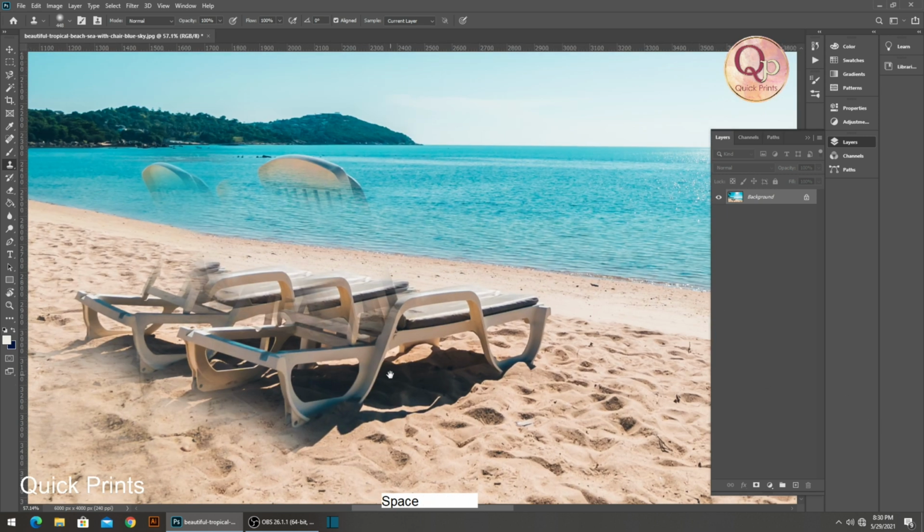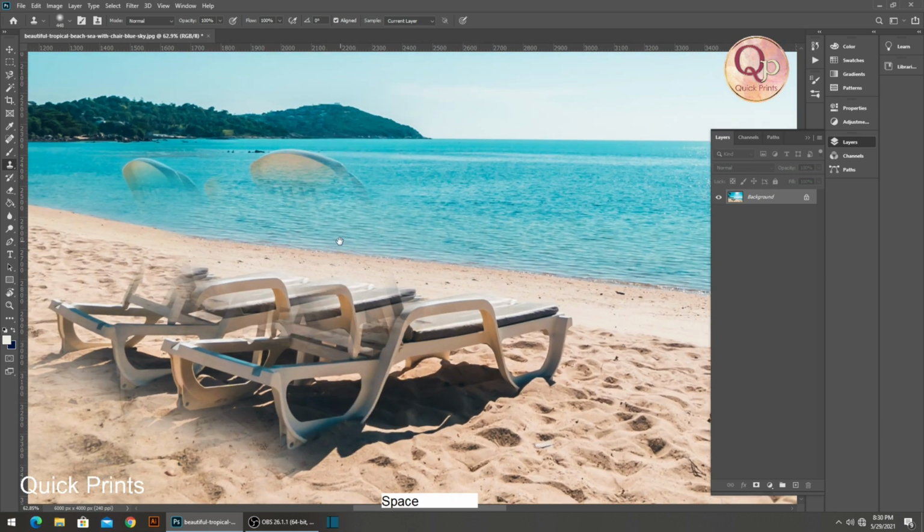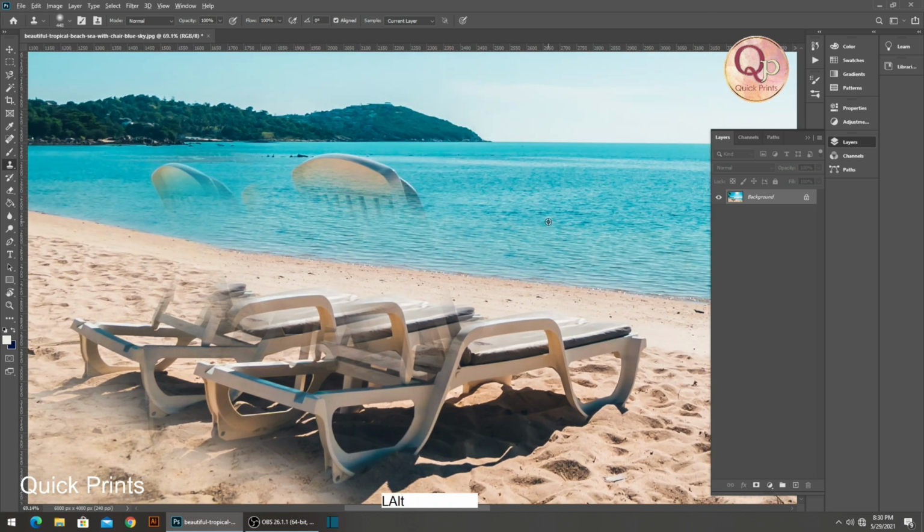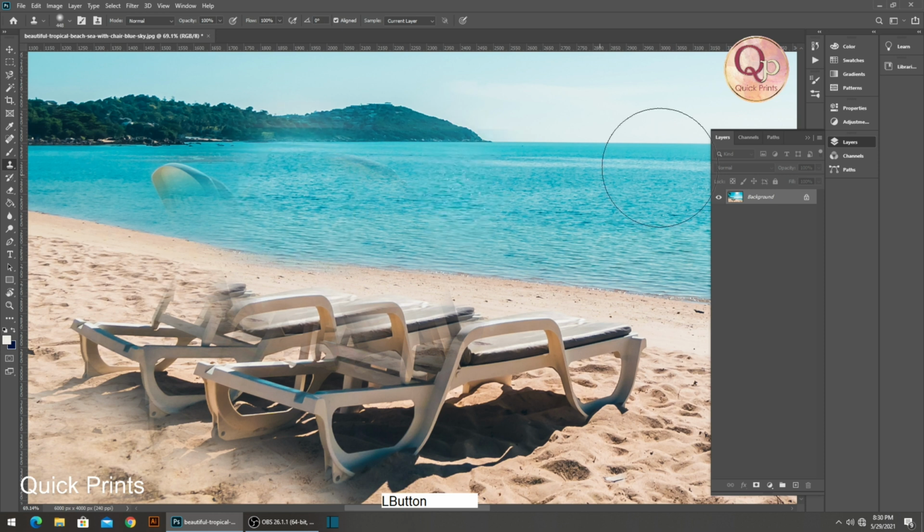Right. Okay, so let's fix this part as well. Click and see the balancing of the image. Click, and just match the part which is required.